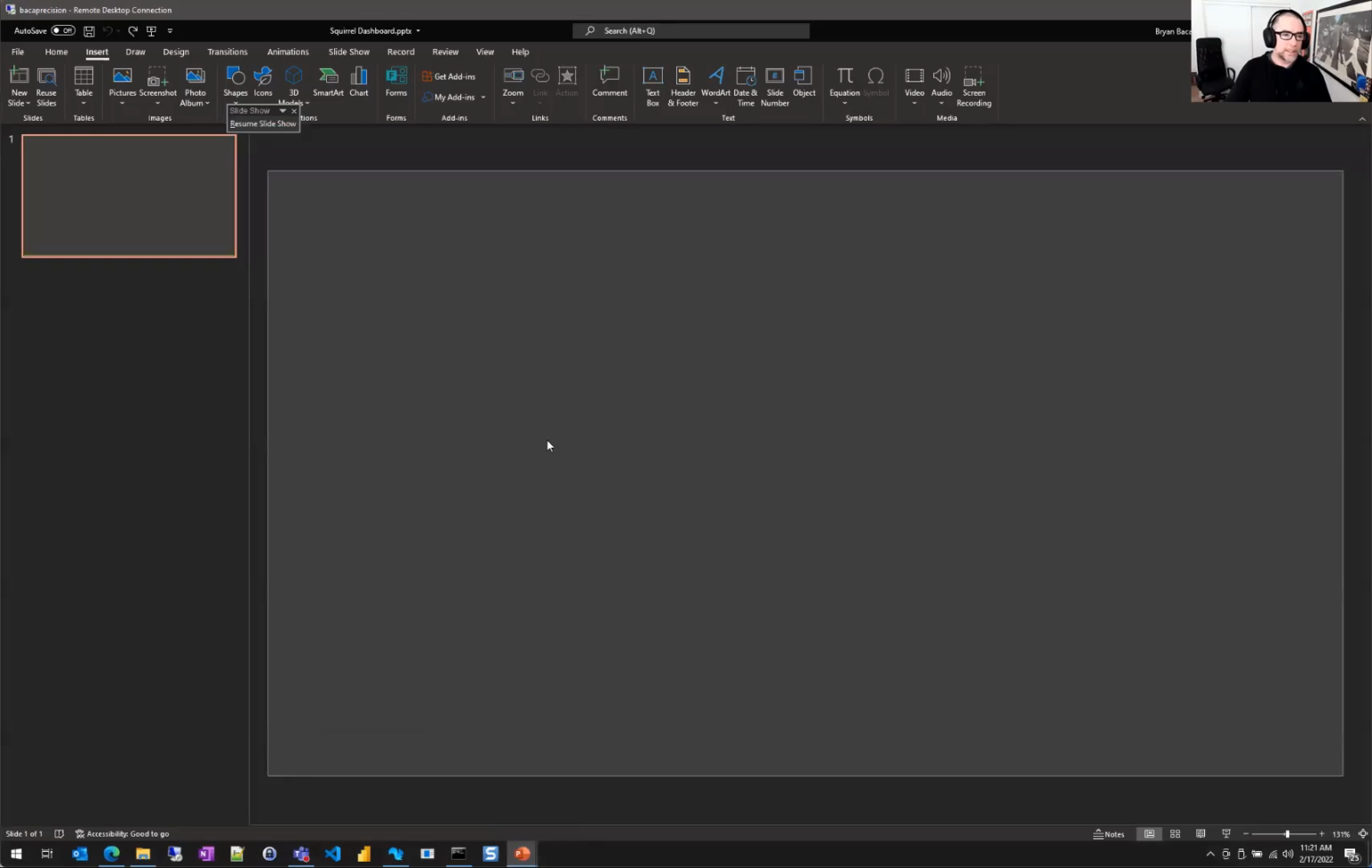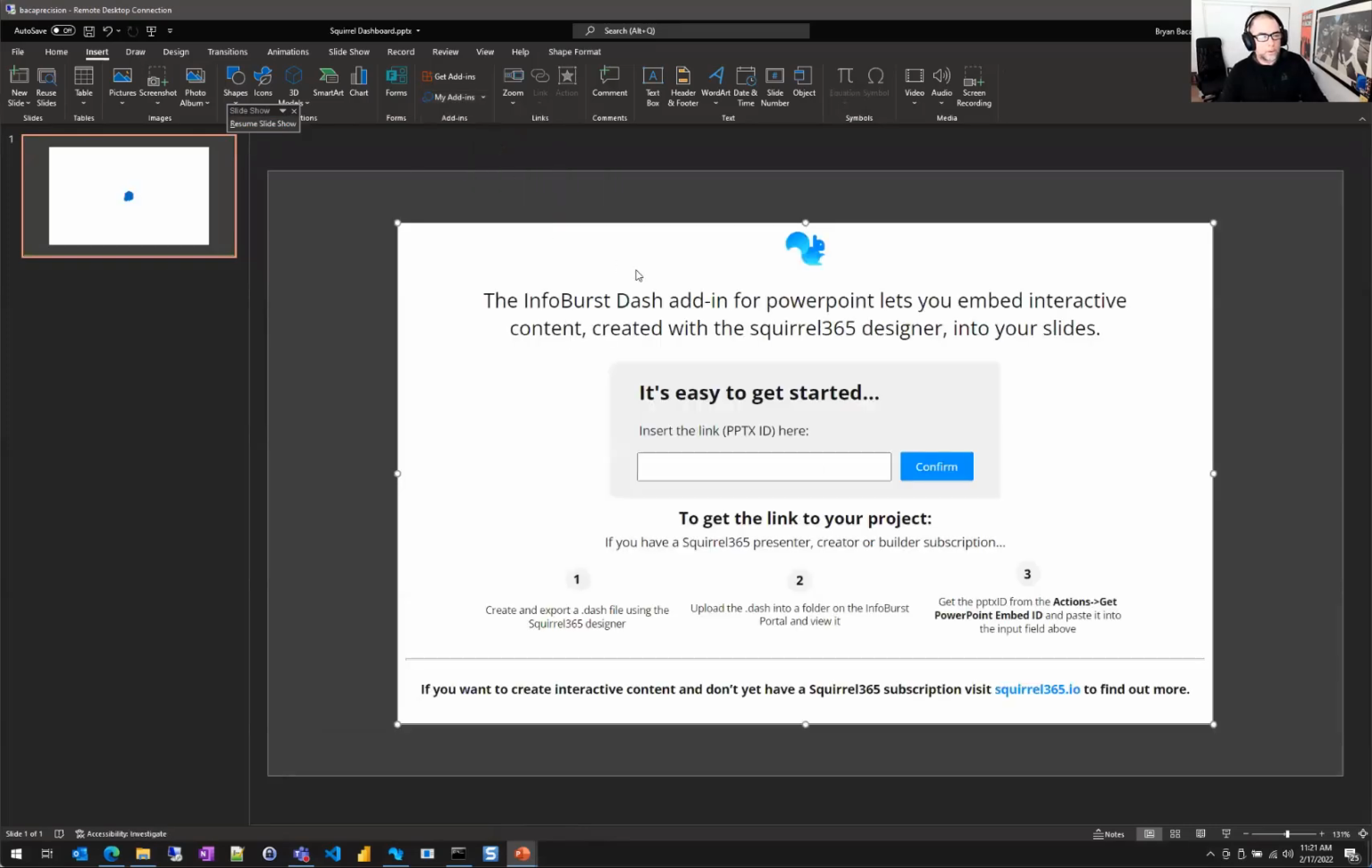So here I have a blank slide in PowerPoint. On the Insert menu, and then under Add-ins, I have installed previously what's called our InfoBurst Dash Presenter. When I select this, it's going to present us a dialog that basically explains, hey, you need to put your dashboard in the portal, get the ID. Once we have the ID,